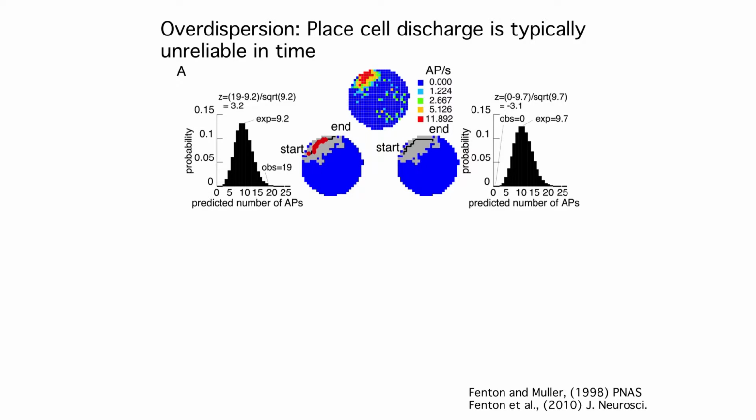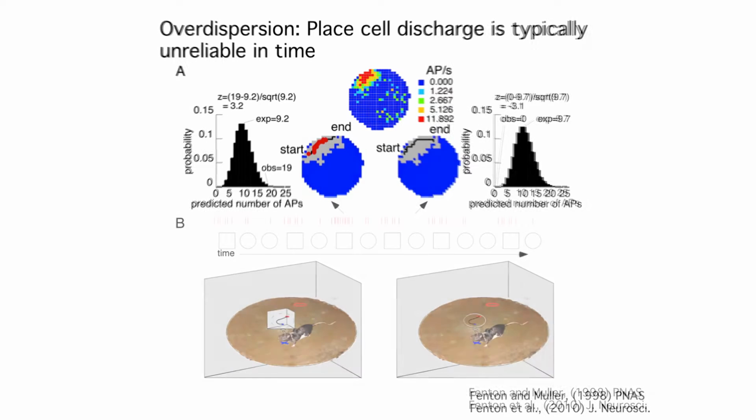And as with many things, Jim had a book in his office. It was by Cox on point processes. And so that's where I started to learn about how to actually characterize the discharge of these cells. One of the ideas was that it came to pass that the cells don't actually discharge in a way that you'd expect for a random point process.